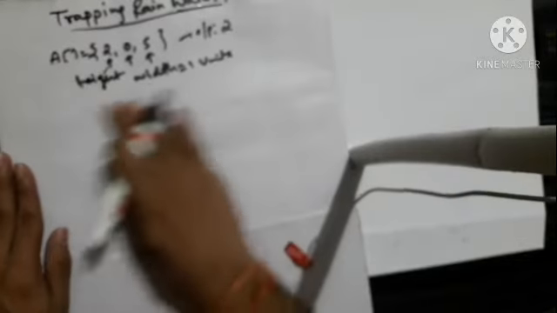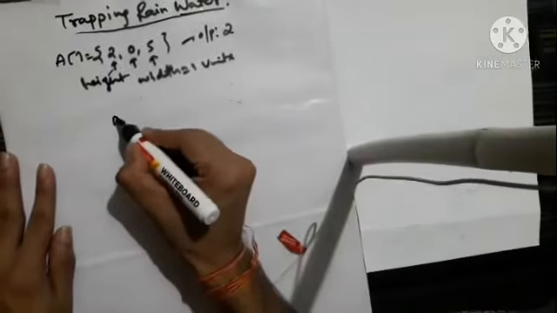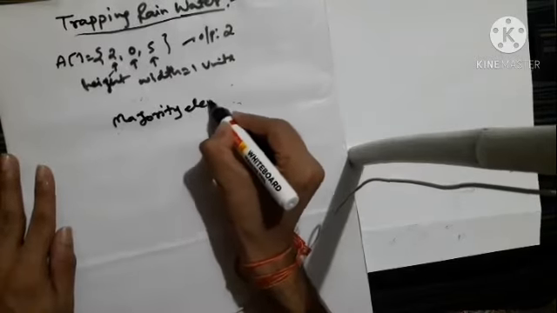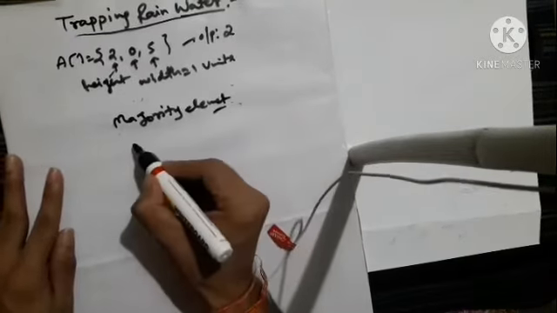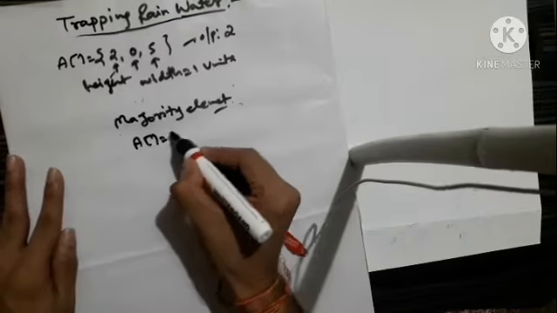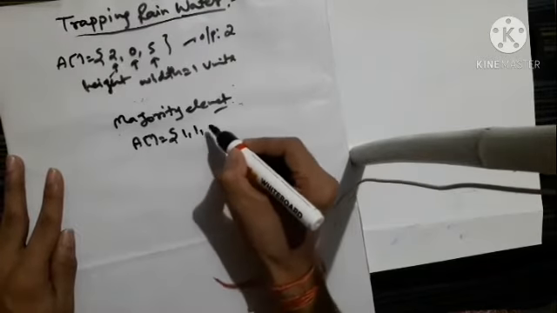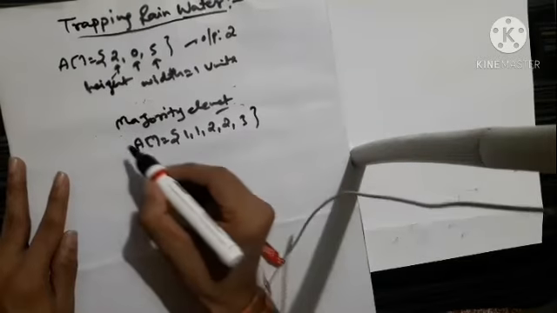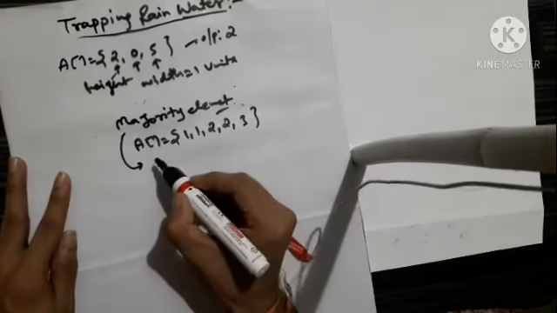Okay, so what is majority element? Let me say. Given an array, we have to return the majority element in a particular array. This is a very good problem. So given an array, and let's say the array consists of 1 1 2 2 3, this much element. So what is majority element? Majority element is